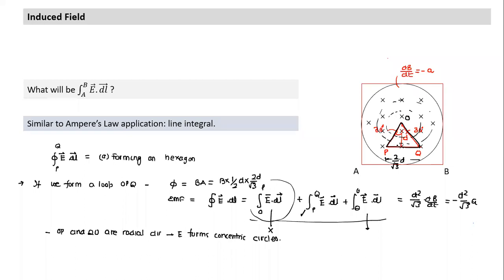So for any shape, we can easily find it in a similar way. If any rod is given, any straight path is given, is it possible to find E dot dl across any straight path? It is similar to the previous question. I connect it to the center. If I know this angle it is forming here, if I know this area, E dot dl is equal to d phi by dt for the entire area. You connect the two ends of any straight path to the center, and it forms a loop. E dot dl for the path is equal to d phi by dt of the area so formed.